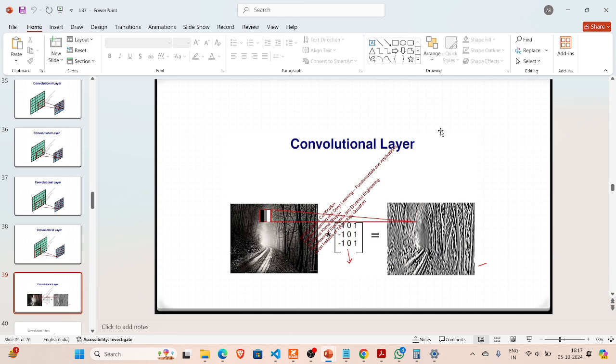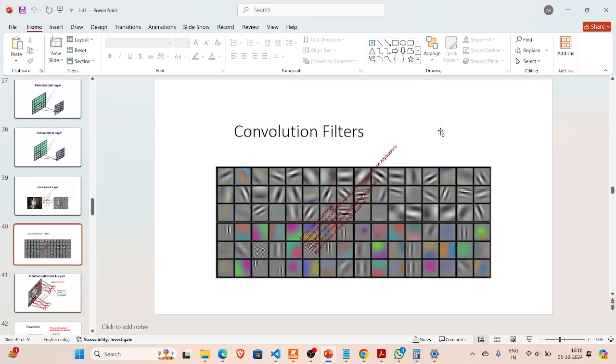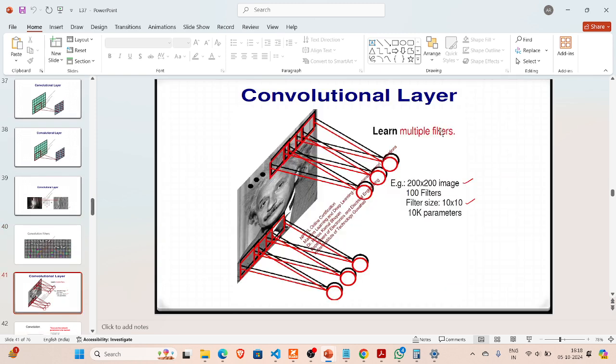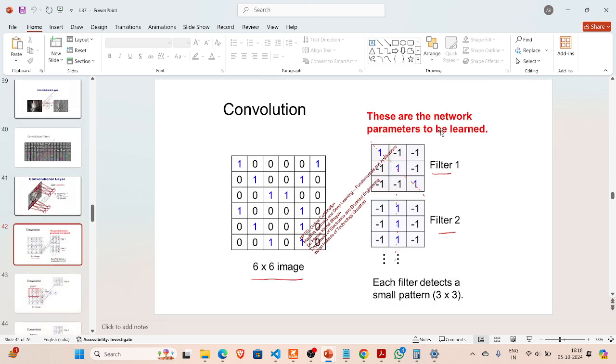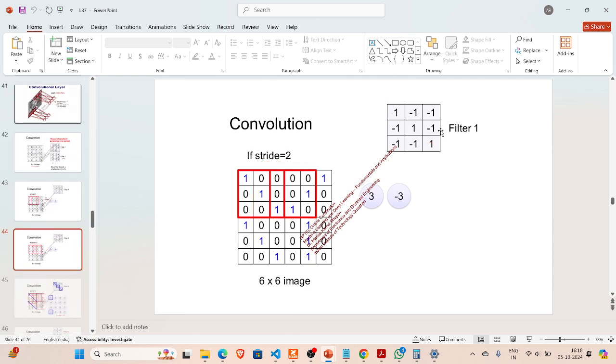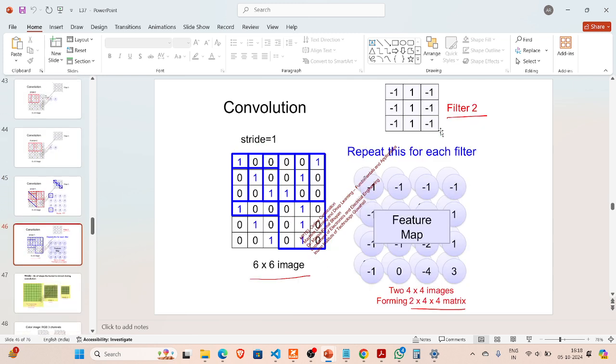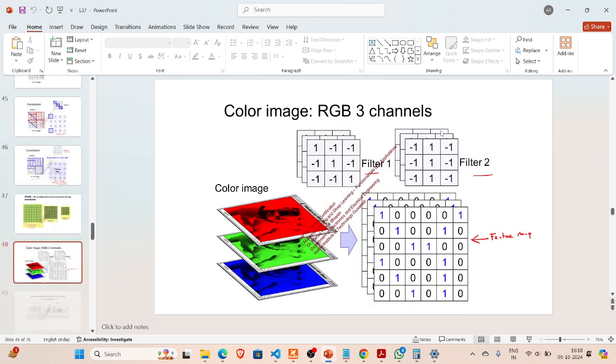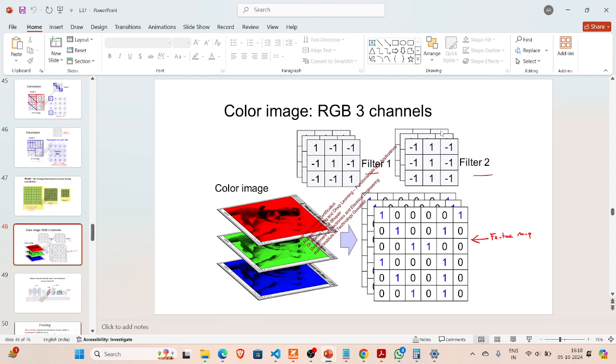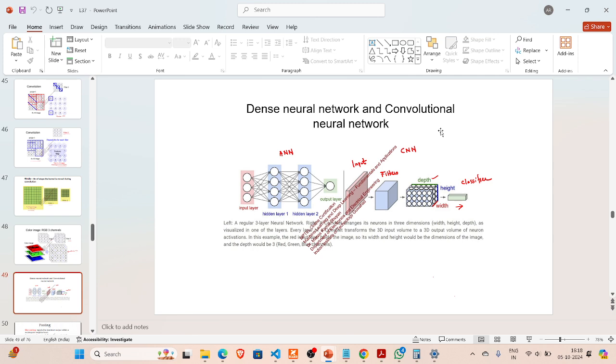So using this convolutional layer, as you can see, we can get a feature map like this. If it is a colorful image, we have to do convolution thrice for RGB. And next, what we have here is,